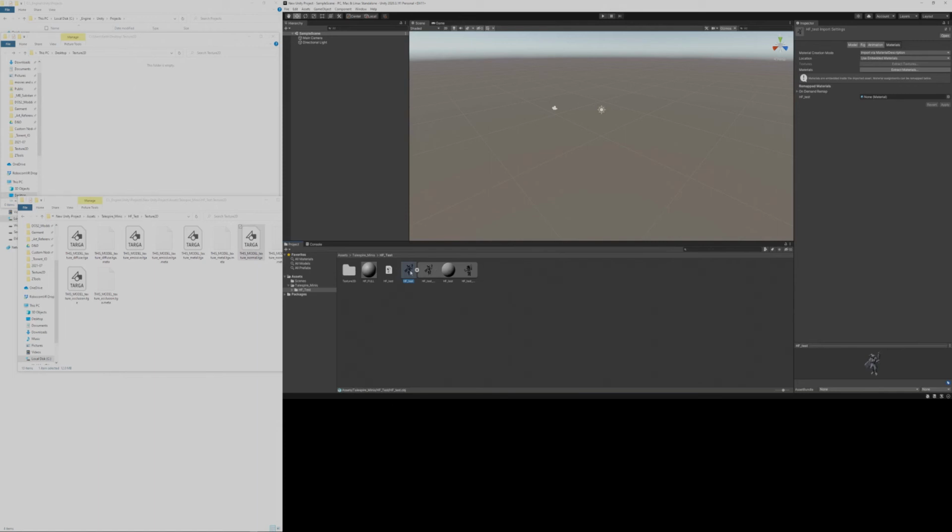So first thing we're going to do is click the override here, hit HF full,